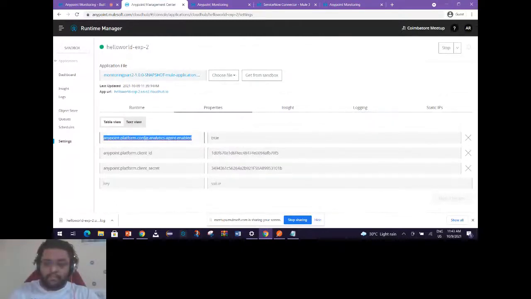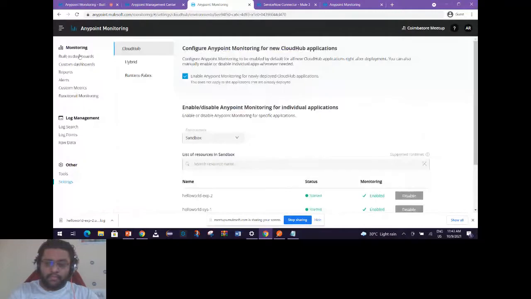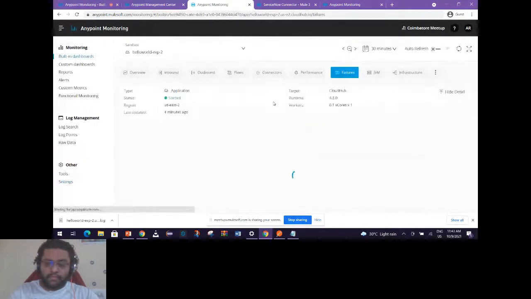The anypoint.platform.config.analytics.agent.enabled=true property will start the integration between your application and the analytics. It will start sending data from your application to the analytics tool so that you can display it for monitoring purposes. So these are the three ways. Now let's come back to the built-in dashboard and see what features are provided in it.